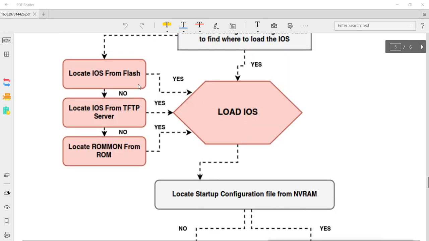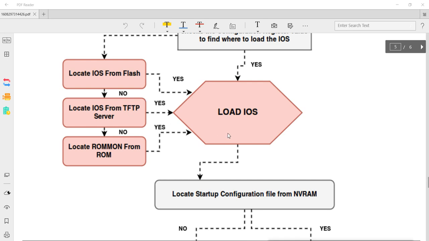Now suppose someone deletes the IOS from the flash memory. Because it is loaded into RAM, it is running, so when it is running, it is not related to flash. That means it copies the IOS, decompresses it and runs it on the RAM. So when the router is running, this file located in the flash is not used. Anybody can delete the file, and when it is deleted, the router will not find it here, it will not find it on TFTP, then it will go to ROMmon. But remember, your configurations are still saved in the NVRAM. So whatever configuration we have done will remain, only the router will not start because of the IOS.